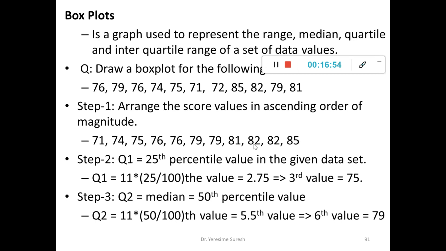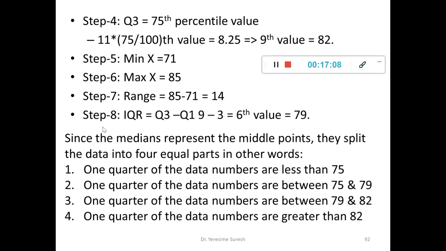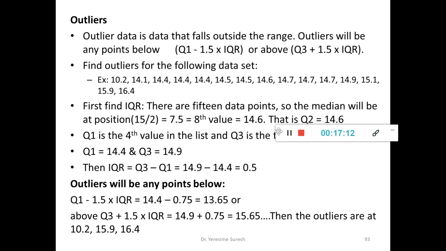So by this what will happen? I see that there are values repeated, so that they are greater than some part of the numbers and lesser than some part of the numbers. This is how the box plot helps me find the quartiles, which divide the given data set into 4 quarters, and these are your 4 quarters. Now we'll see what outliers are.